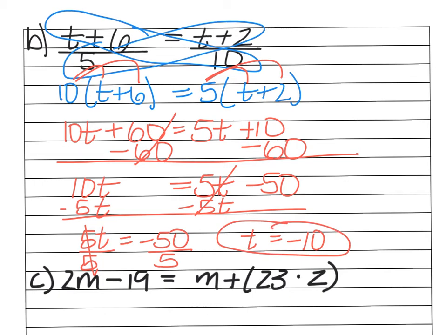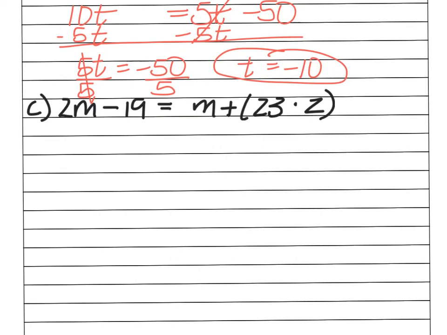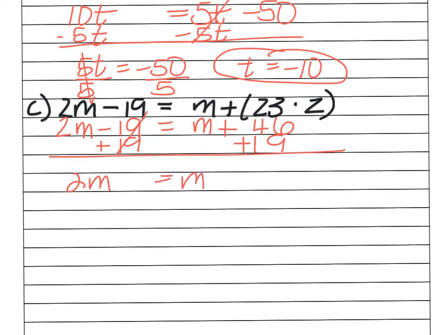Let's look at C. 2m minus 19 equals (m plus 23) times 2. So I'm going to go ahead and make sure I use order of operations here. And I'm going to multiply 23 times 2, and I know that that is 46. And now I can go ahead and combine like terms. I have 2m equals m, 46 plus 19